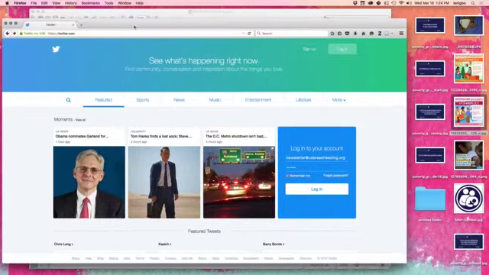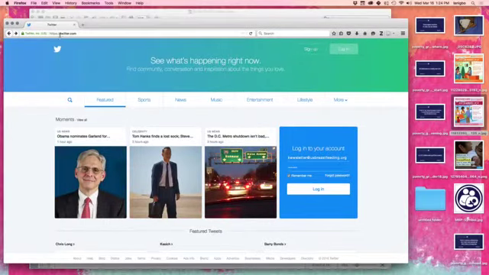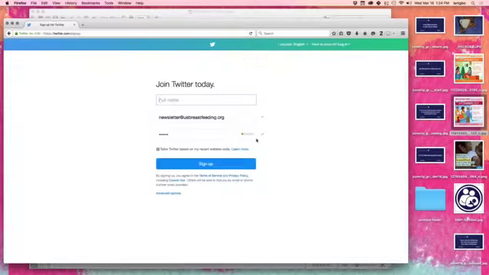So I've got it up for us. You can just put twitter.com, you don't even have to put www, and this should come up. I'm already logged in. I tried the remember login, but we're going to go in and sign up for a new account. So right here where it says full name, this is